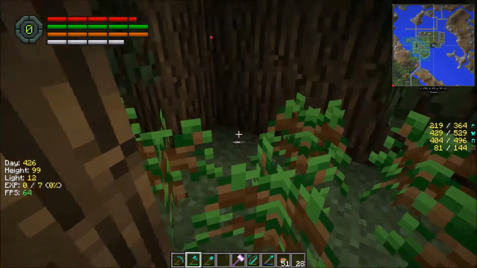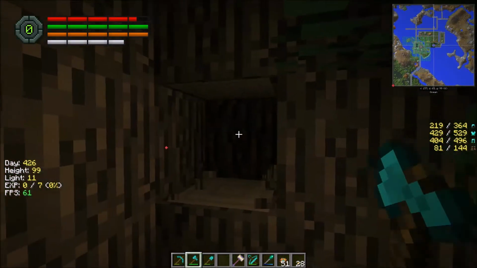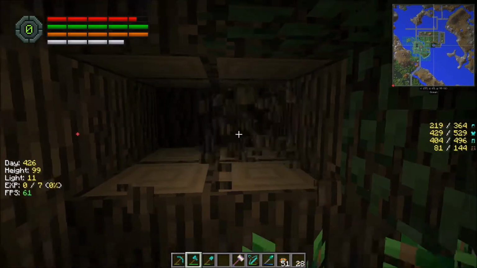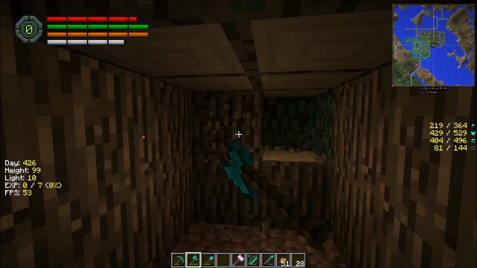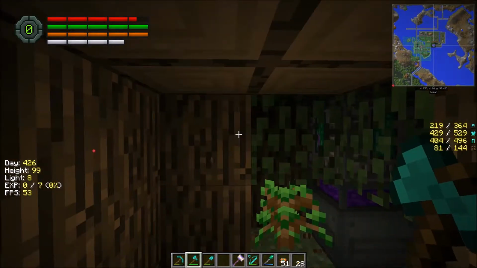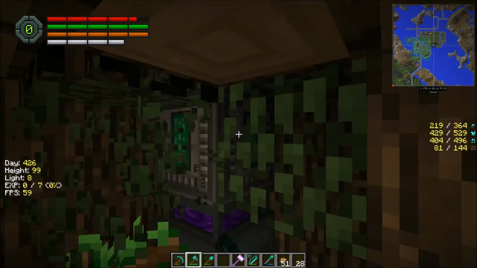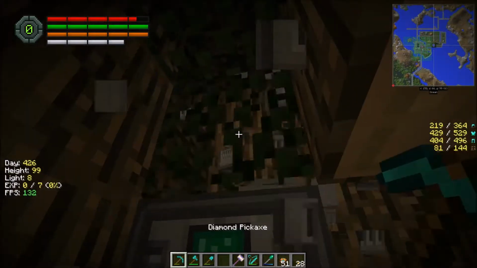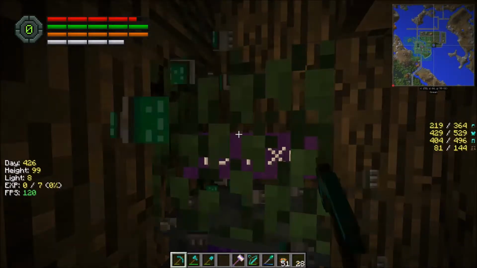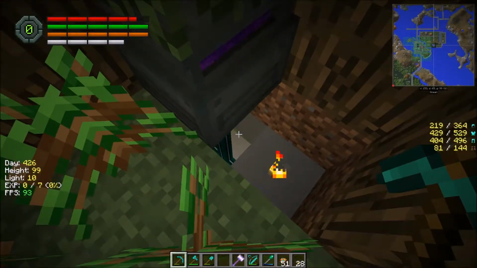I don't want to... Oh, nuts. I don't want to do a shift or a control click for a vein mine because it'll destroy this pick. There's so much wood here. There it is. There we go. So this is something. That's another something. And then we need...